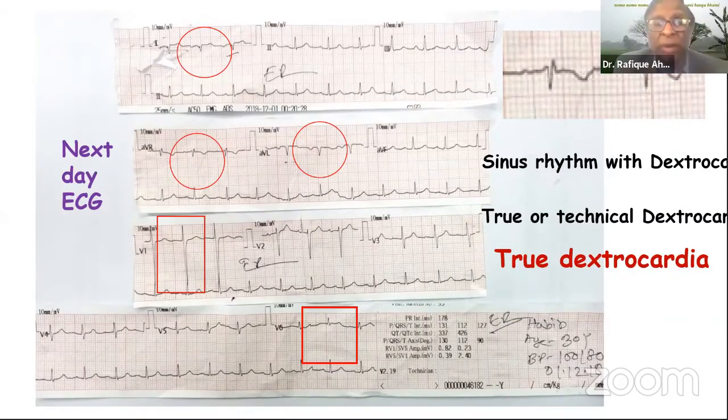Yes, sir. What Jamil said is absolutely right. If you look at lead V1, I'm just looking at the R and S pattern. If you look at V6, even though it is small, if you magnify this ECG, it will look like perfectly normal progression. So I don't think this fits the pattern of true dextrocardia. And also, if you look at V5, if it was true dextrocardia, by V5 the R would have been much smaller.